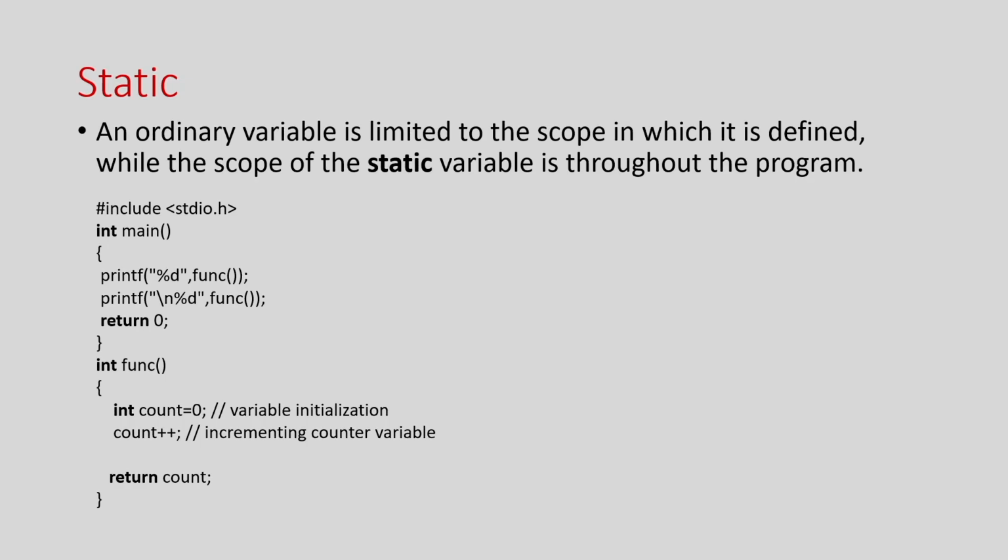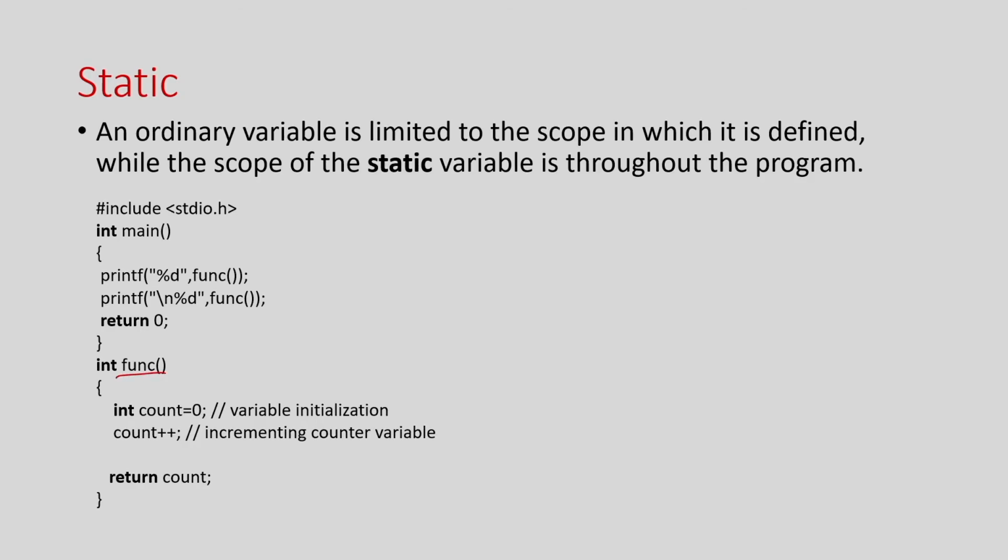So, let us start with type qualifiers. We have used static and const a lot in our programs. What about static? A static variable, if defined within a function, has its scope within the function, but its lifetime remains across the complete program execution. That means if I visit the function multiple times, it will start with whatever value it had previously.